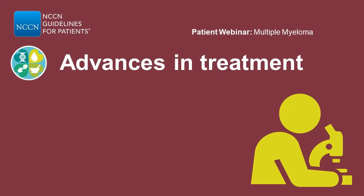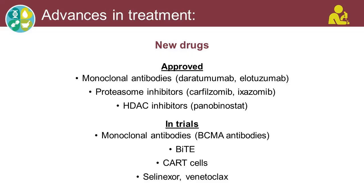Now, finally, I want to talk about some of the new and exciting treatments that are coming along for myeloma. We have made dramatic progress in the past 10 to 15 years, particularly in the past 5 years, with several new drugs that have been approved, and there are several new exciting ones that are currently going through clinical trials. Among the approved ones, the more recent ones have been the monoclonal antibodies like